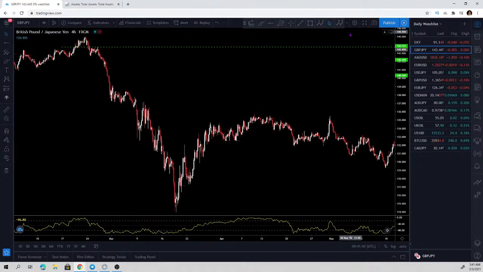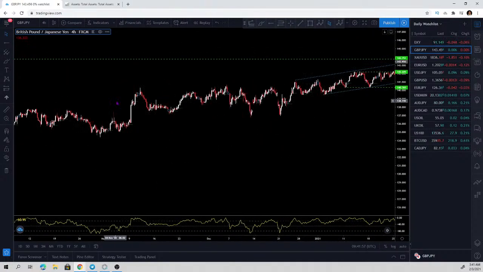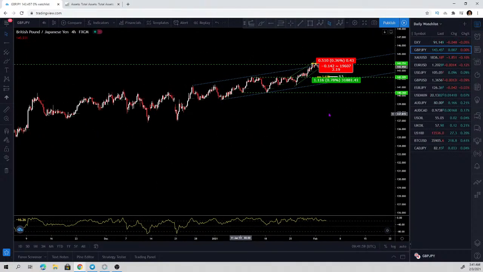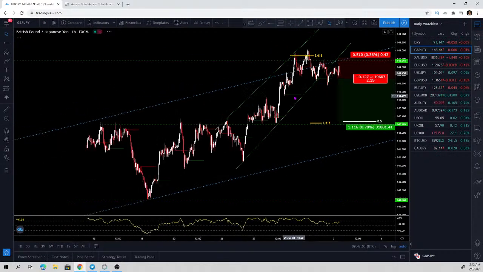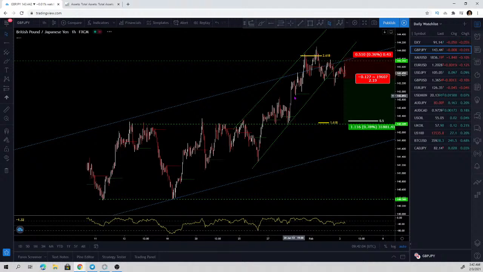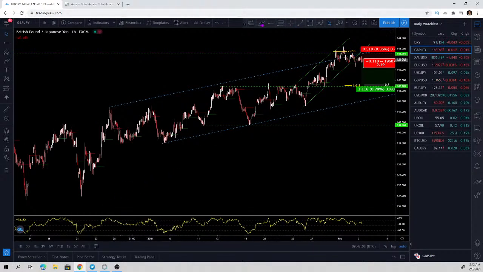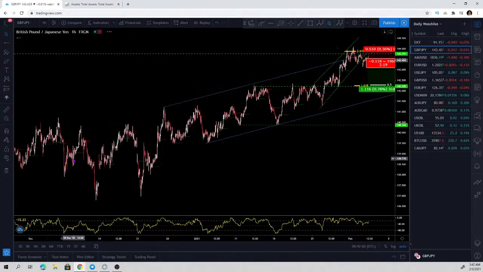So yeah, after that level was broken, bears took control of this market, and we haven't really retested this level until now. That's why I'm looking for shorts on the pound versus the yen, right? But we are in a very strong bullish market. Technically speaking,